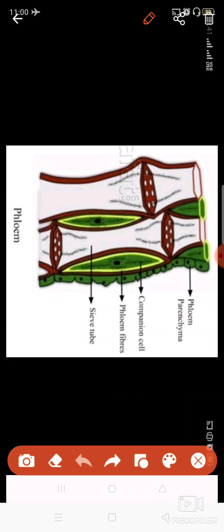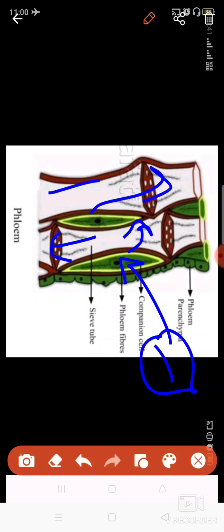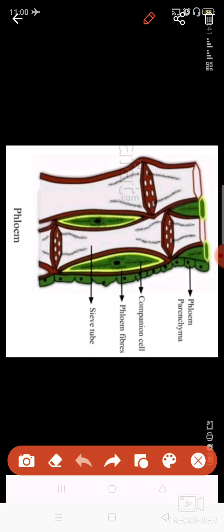These take up the food from the leaves, and then these transport it into this section which is known as sieve tubes, and from the sieve tubes the food is transported to all the directions. So companion cells are basically the kinds of the cells which help in the transportation of the food materials into this. And here near to the companion cells, you will find one more kind of cells which is known as phloem fibers.